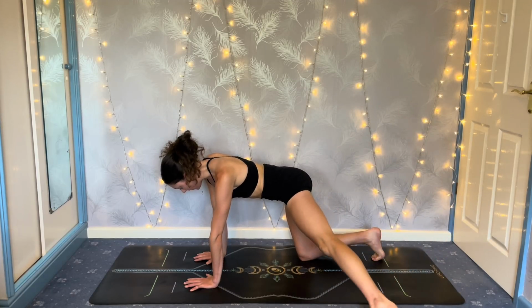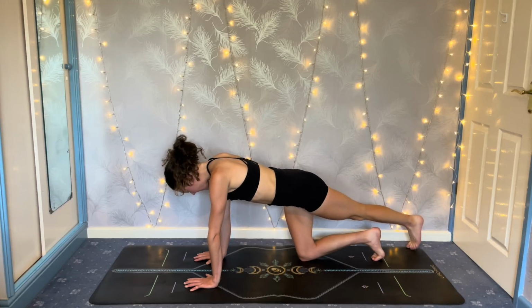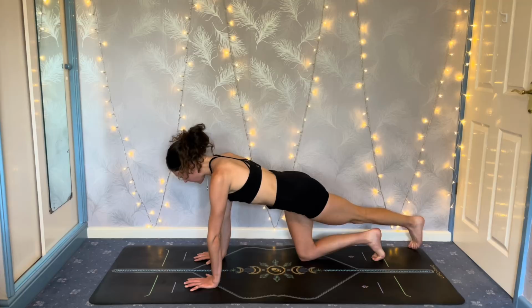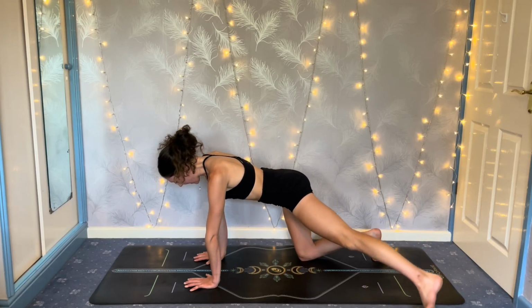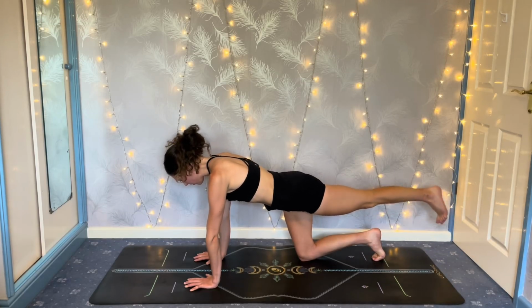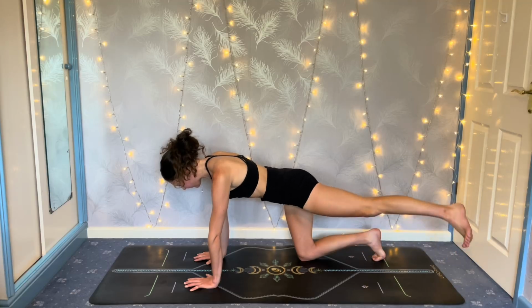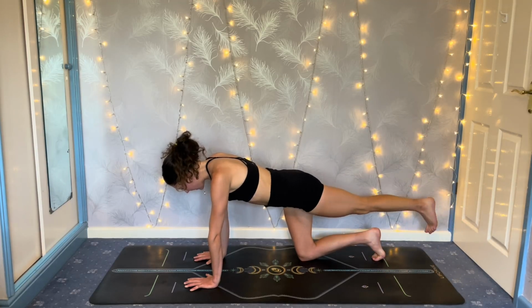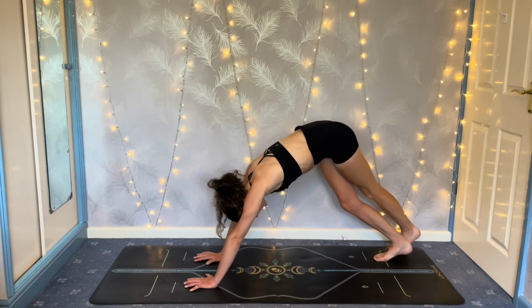Tap the toes over to the left, to the right. Keep that going a few more times. Again, full body awareness here. How is the weight distributed through your hands? Stay really strong through your shoulders. Stable through your core. Now the next time the toes tap over to the right, lift the right knee, push